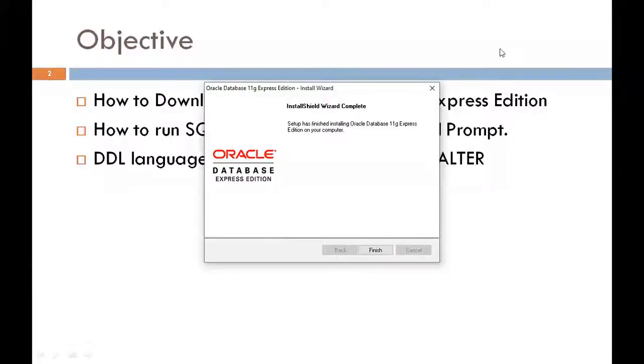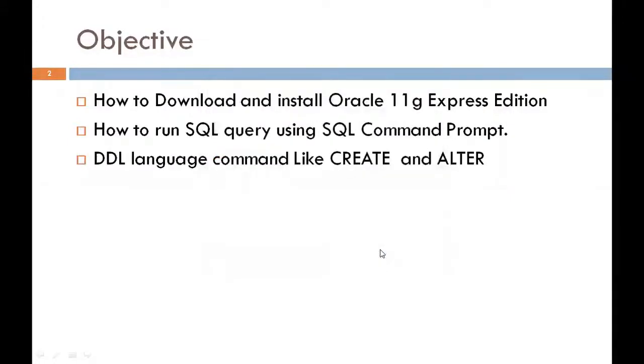Now you can see that our installation is completed. Then click on finish. Now our download and installation process is successfully completed.